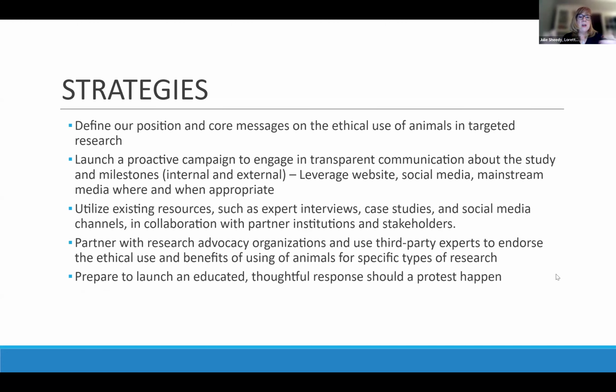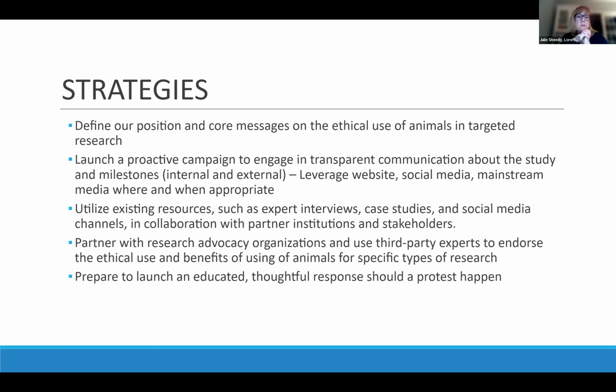Next. So strategies, focus first on defining our position and core messages on the ethical use of animals in targeted research, launch a proactive campaign to engage in transparent communication about the study and milestones, leverage our website, social media, mainstream media when appropriate. I'd utilize existing resources such as expert interviews, case studies, social media channels in collaboration with